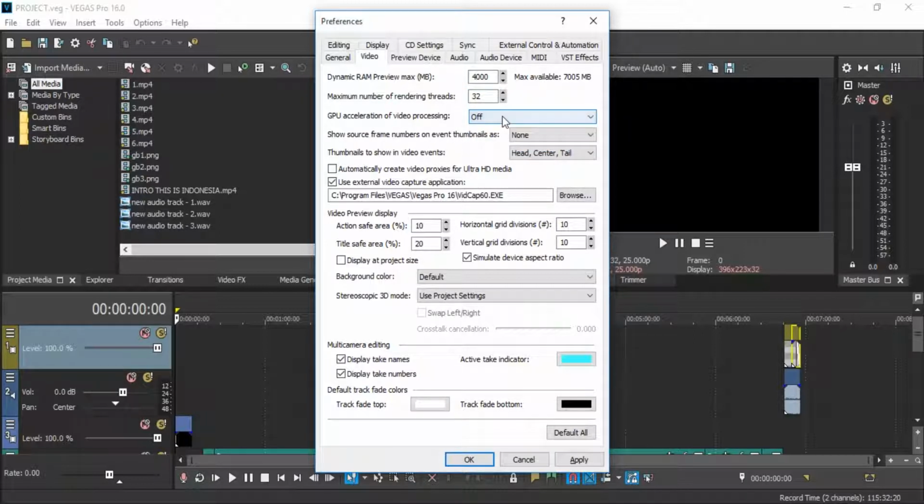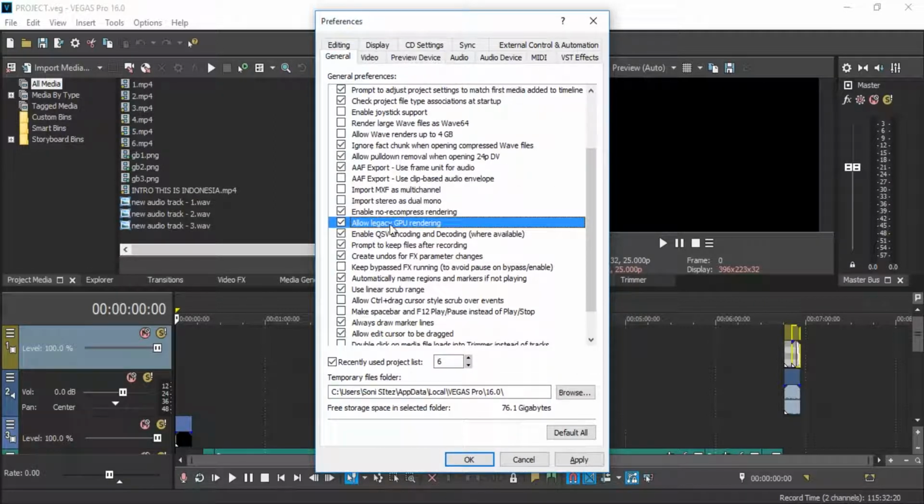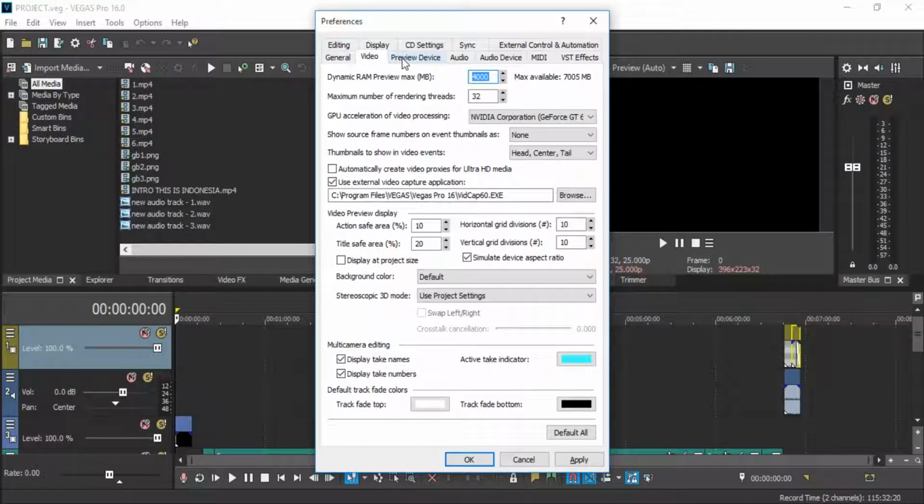maybe the GPU acceleration of your software is off or using Intel, for example, on mine. But using NVIDIA is better for me. You can choose GPU acceleration in this Preferences menu and choose the Video tab. And in General, don't forget to allow legacy GPU rendering. Okay, that's all. You can increase your RAM to go faster while rendering or encoding your